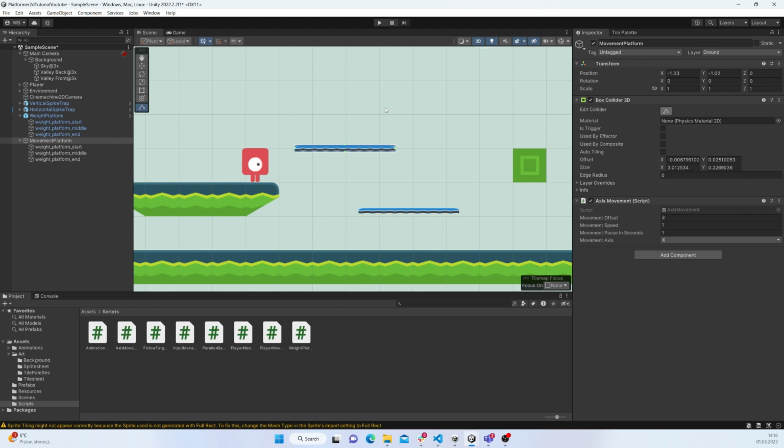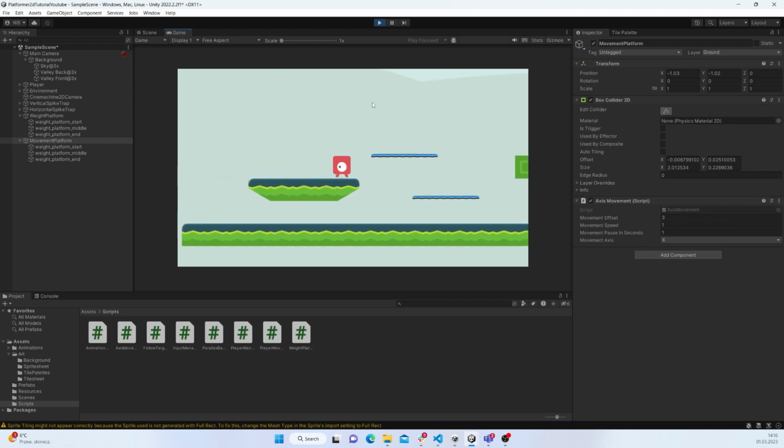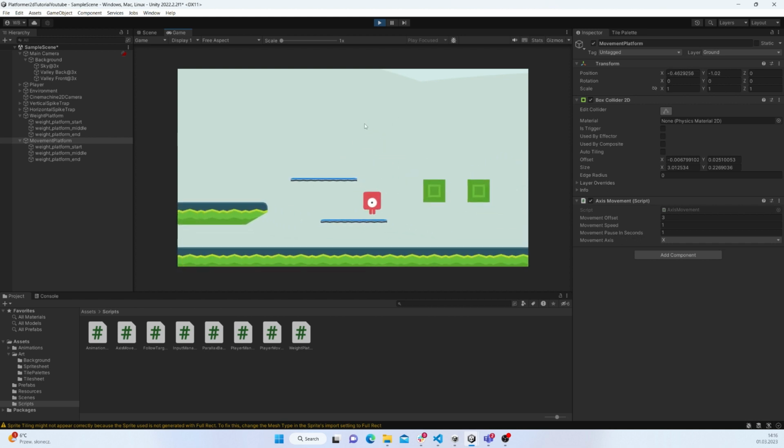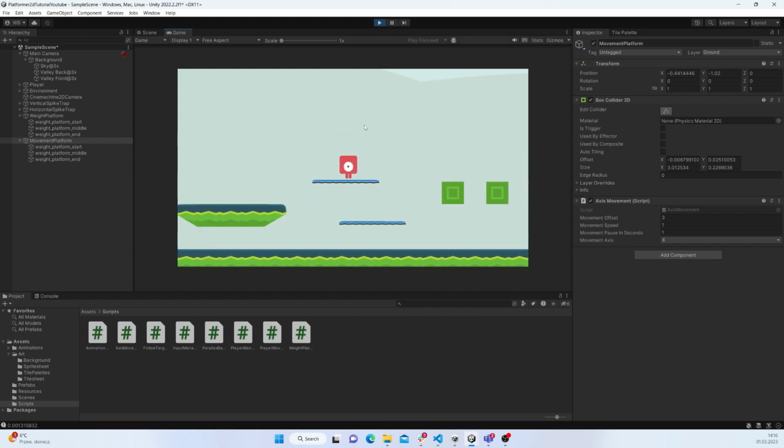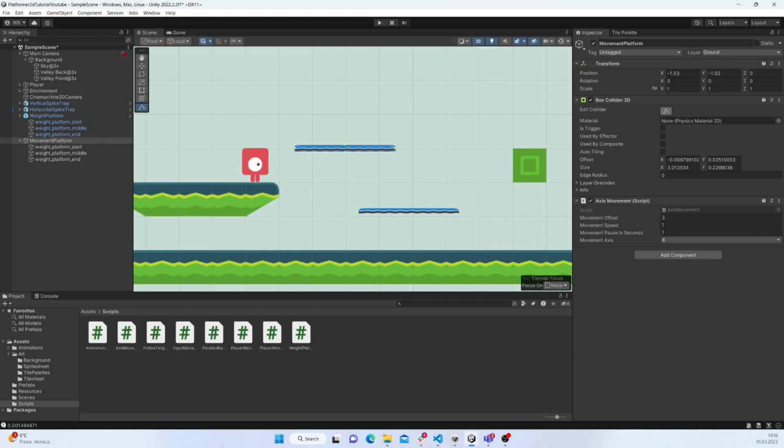Okay, so this could be the end of the tutorial, but there's another thing that we have to adjust to make it work as I intended. And this is the fact that whenever the player is standing on the platform, he's not moving with it. And that's what I would like to implement. So what I'm going to do is create a new